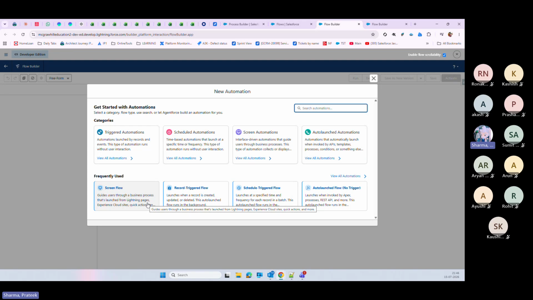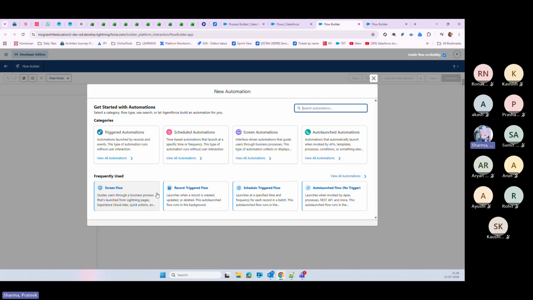And if the page layout is associated with opportunity, it will only create the opportunity record. And same for the contact. So a page layout will only create a record for an associated object. But let's say you have a requirement: I just want to create an account, and at the same time